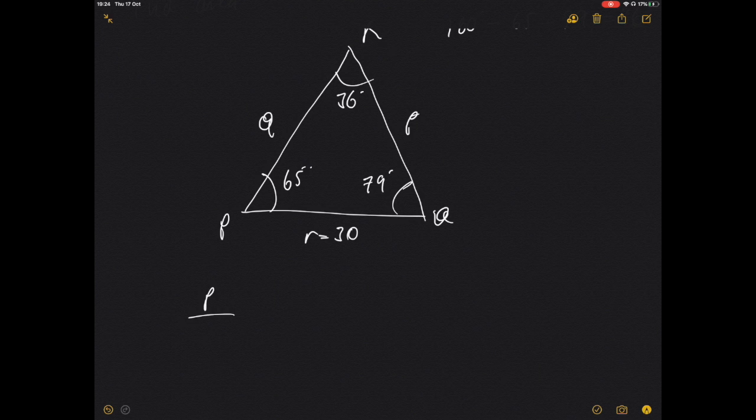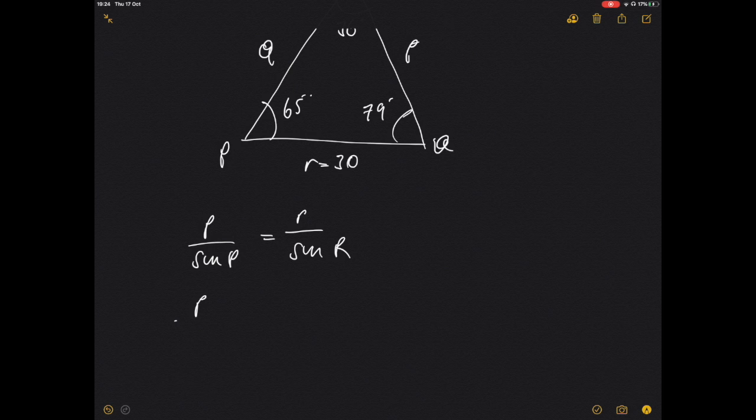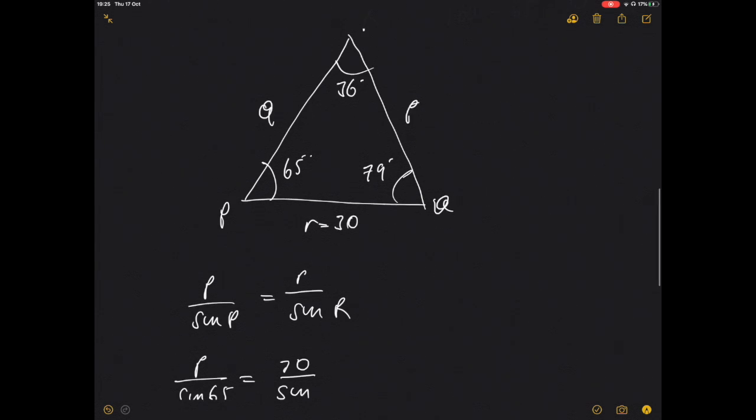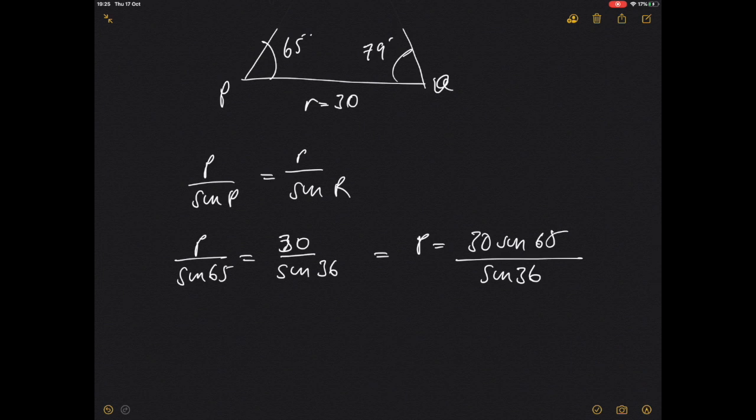So P over sine P equals, well, we know what R is, R over sine R. So P over sine 65 equals 30 over sine 36. Then we can put this in terms of P, where P equals 30 sine 65 all over sine 36,